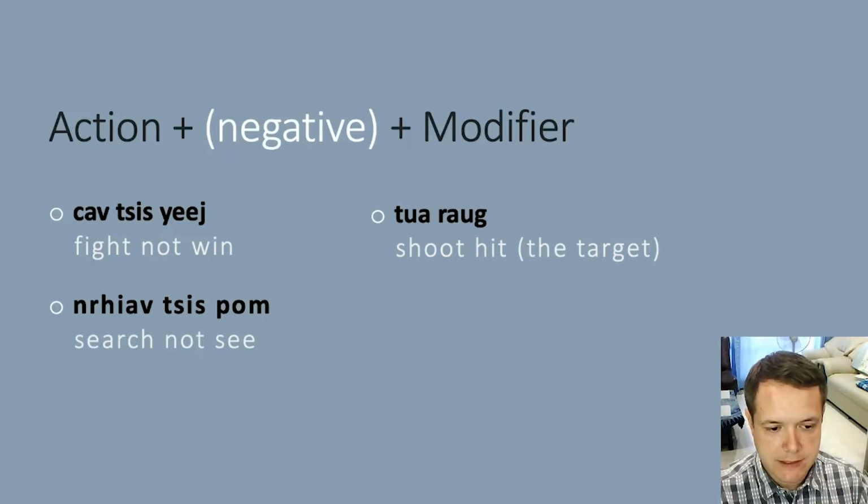Okay, same second example here. Ntia chipo. Ntia is to search. And then what are they searching for? It's implied. It's in the context, but it's not written here. And then chipo is not see. So they searched, but they did not see. And then again, finally, you don't have to use the negative marker if they shot and they hit the target. They could just say it and the context is implied what they hit. If you wanted to say they didn't, you could say